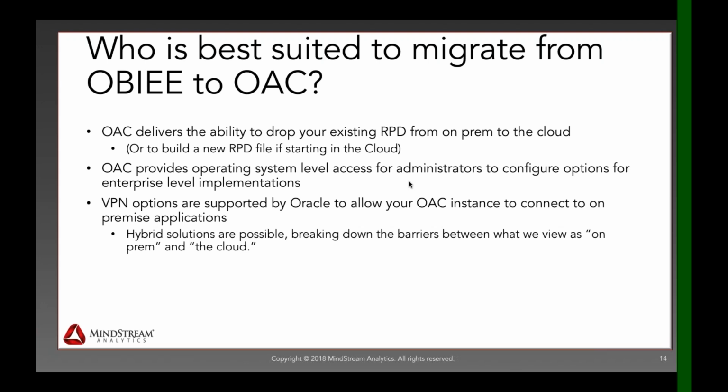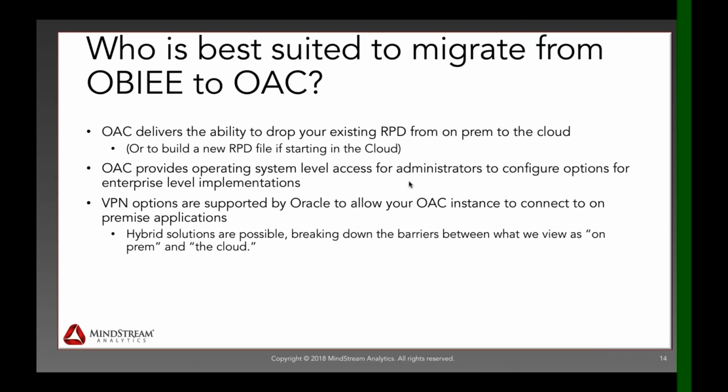So remember, OAC is a platform as a service, where Oracle's giving you the servers, they're hosting and maintaining all of the hardware. But in a software as a service, you as a user, you as an administrator within your organization, don't have access to all that behind the scenes stuff. You're basically just given the software, BICS, and you're restricted to using what's in there. Now, for some cases, that's great. Some people don't need all of the deep configurations, but what I found in my years is that, especially for